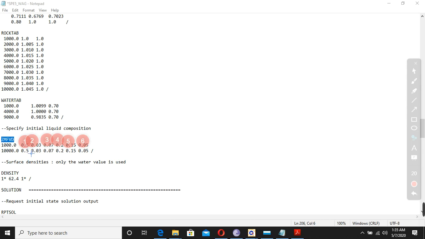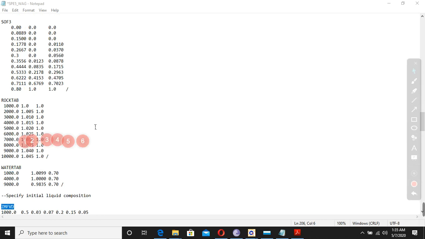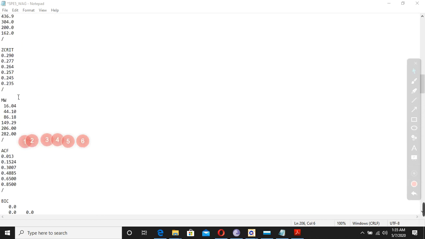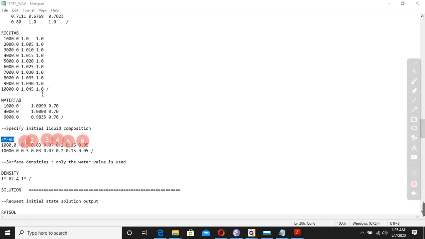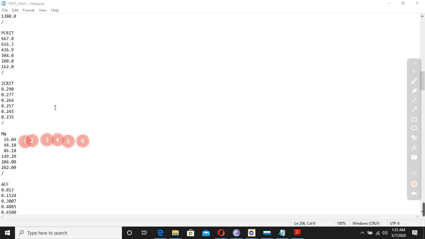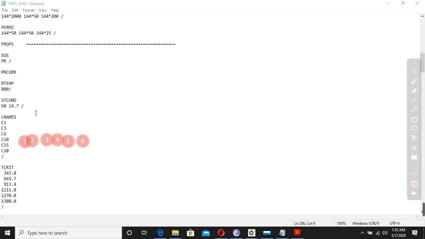So it has 6 components, and 0.5, 50%, is C1. Then C3 we have here around 0.03. Then 0.07 is C6. Then C10, C15.